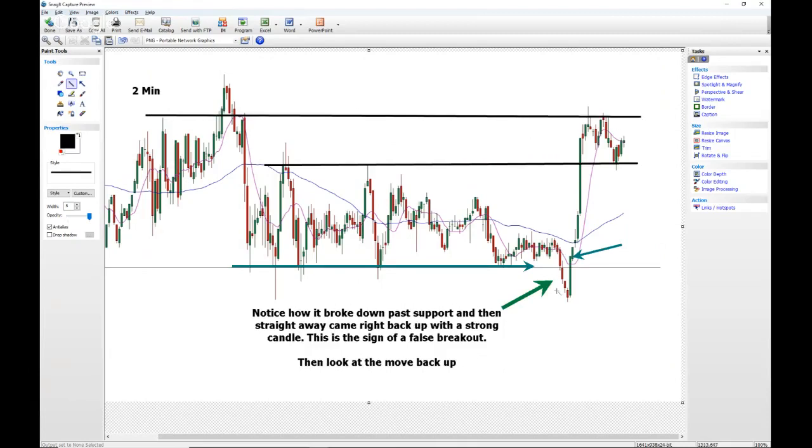But you can see here, this false breakout broke past support for a while, went sideways, and then came right back up again, closed back above that line. That green candle there was indeed the signal for you to say, this market here, whatever market you're looking at, has now just created a false breakout to the downside. And not only is it now likely to be more of an end of trend, so if it's been going down for quite some time, like we have been seeing through here, down, down, down, but not only that, we're now likely to see a nice move back up to the next significant resistance.